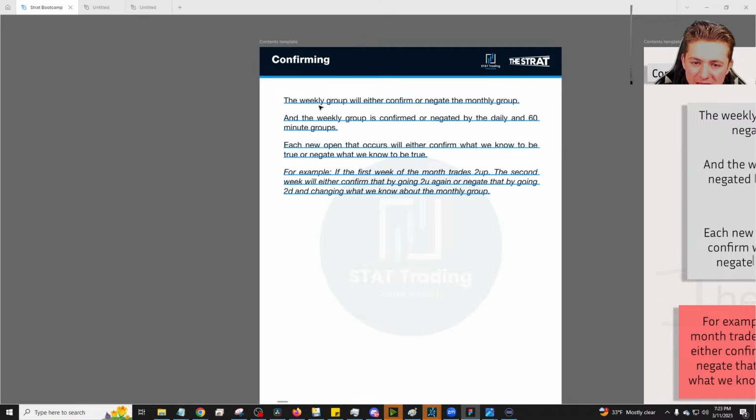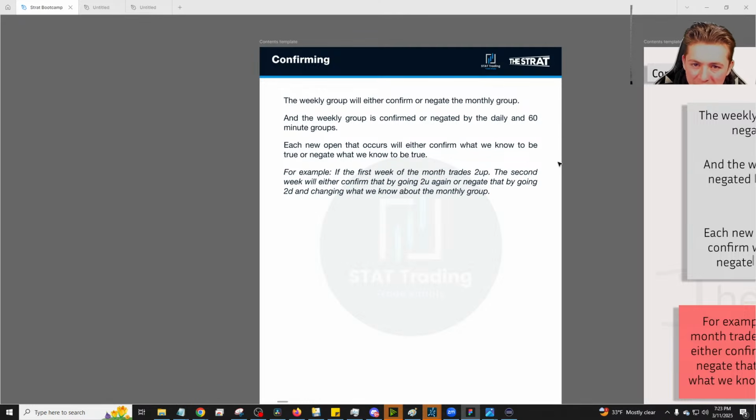So the weekly group either confirms or negates the monthly group for control. And the weekly group is confirmed or negated by the day and 60 groups for control. Therefore, each new open that occurs will either reconfirm what we know to be true or negate what we know to be true. So if we have full time frame continuity and then it's Friday and it all closes,